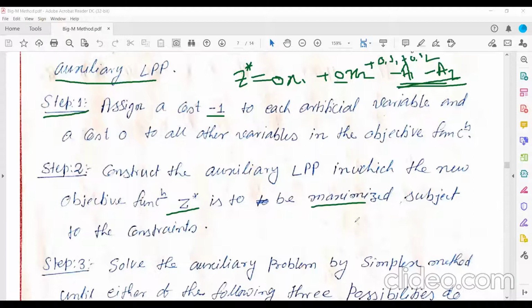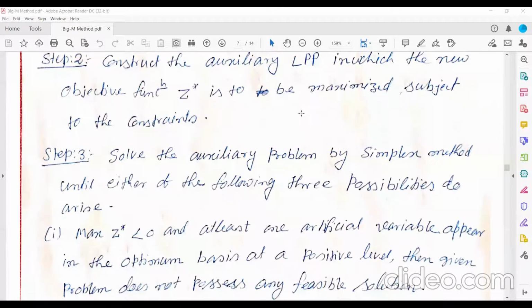You know how to convert it. So step 2 is over: we have constructed a new objective function, Z star, from the auxiliary LPP, which is a maximization problem.